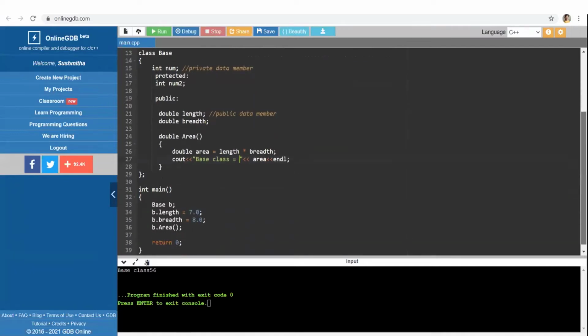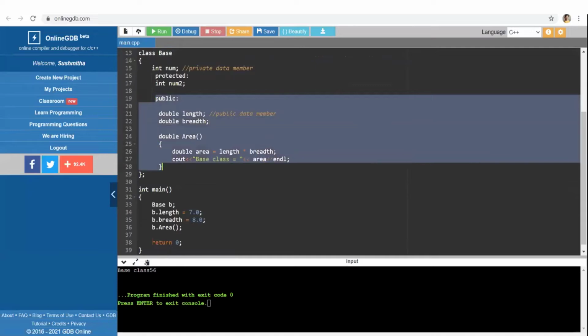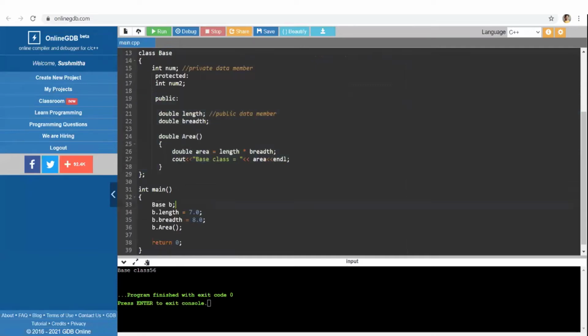I hope this is clear. I'm simply calculating the area. I'm using a class's public members, the data member and the member function. I've created an object of the class outside the class, that is in the main function. This is how I initialize the data members of the class and call the function of the class.